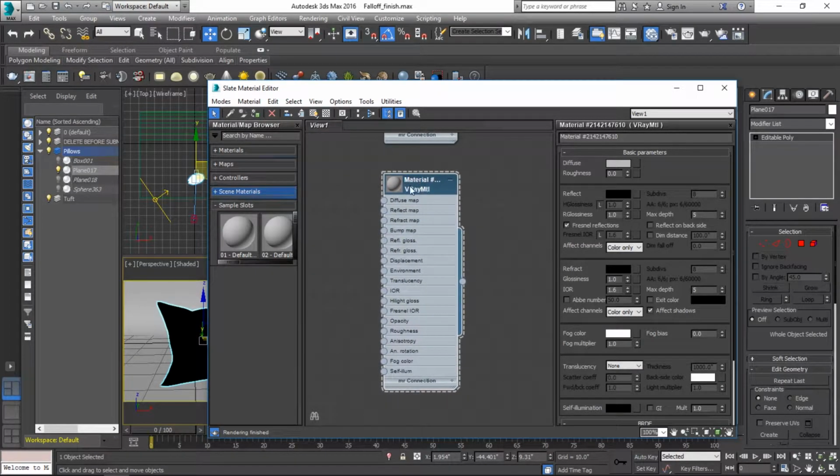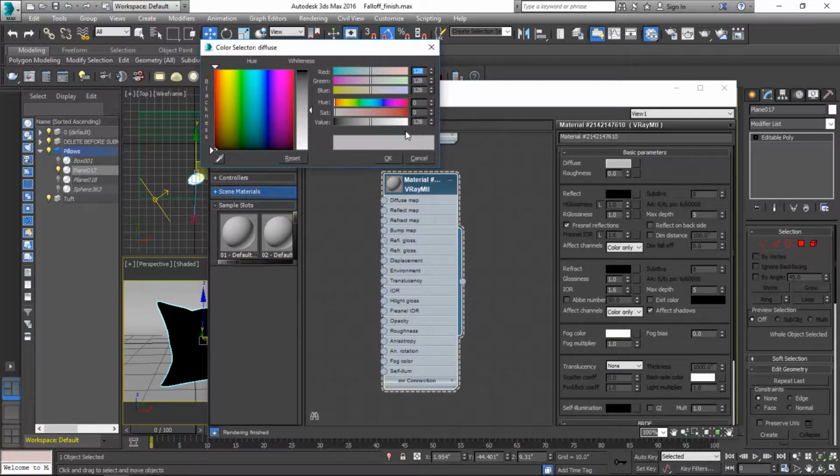So whenever I'm making a refractive object, whether it's glass, colored glass, clear plastic, I instantly just remove the diffuse